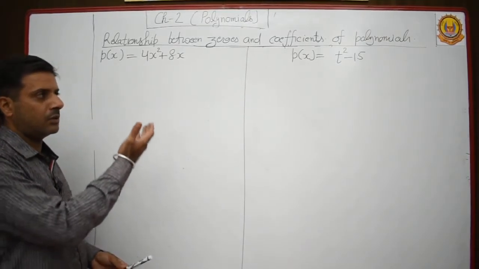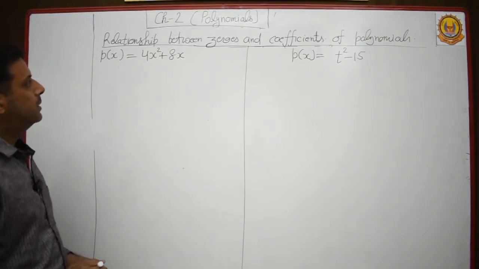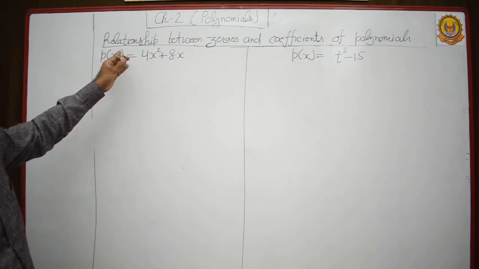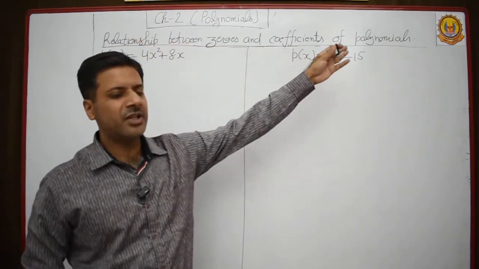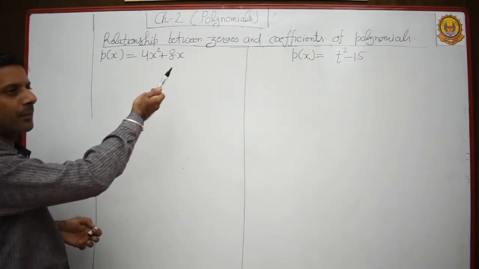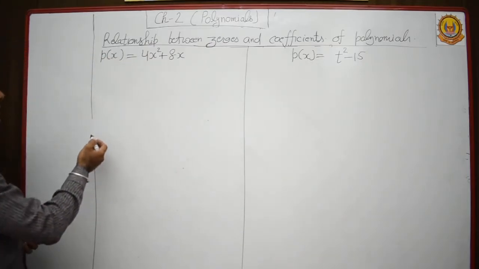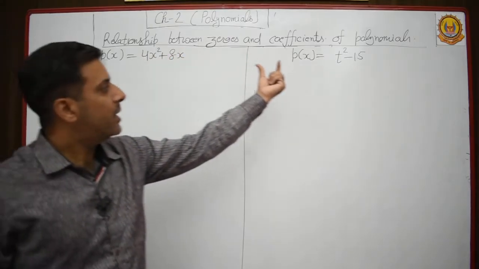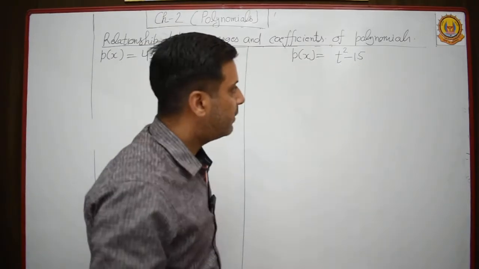Okay students, now we are on the second part. Earlier we were studying the relationship between the zeros and the coefficients of a quadratic polynomial. Clear? So some more examples I am going to tell you. Look here. Now these polynomials are not in standard form, and you know very well about the standard